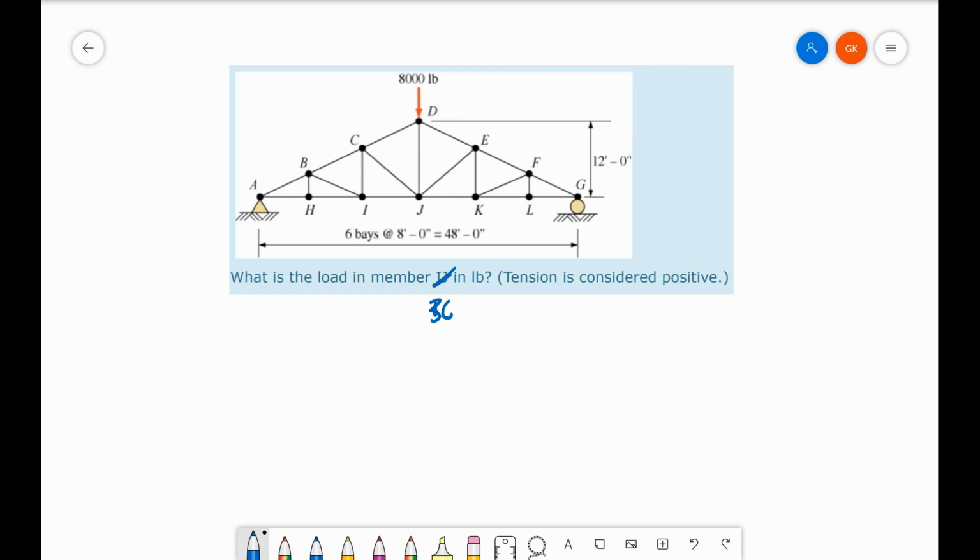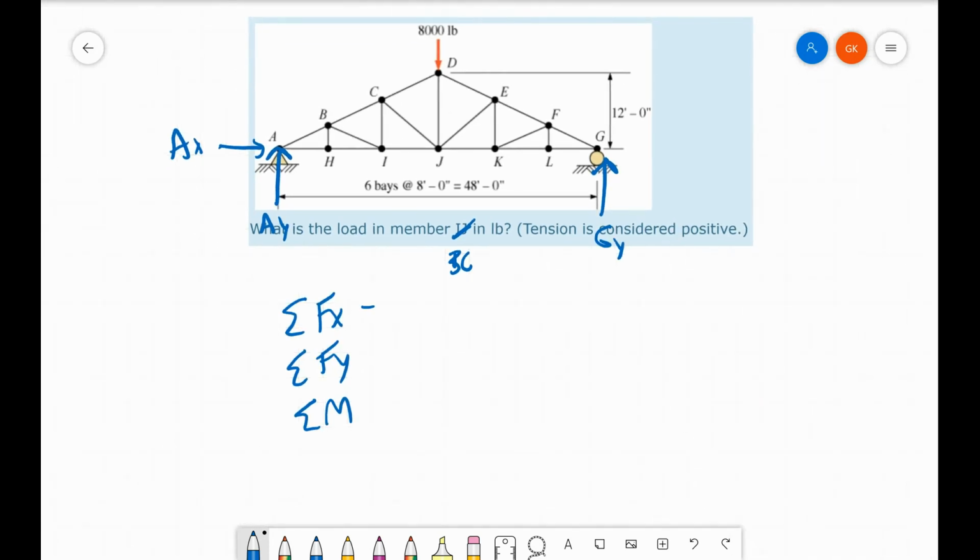Now, just like last time, I'm going to do all the steps. So we have three equations when it comes to some truss like this just to start. We're going to use these three equations to turn this from a picture into a free body diagram. So we're going to solve for AX, AY, and GY. So the sum of the forces in the X direction is equal to 0. There's only one force in the X direction, which is AX, which means that it is equal to 0. So I can go ahead and erase that from my free body diagram. It doesn't need to be